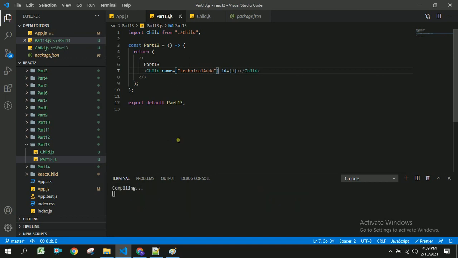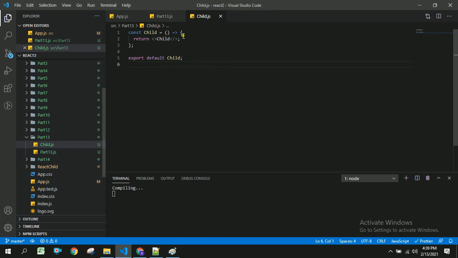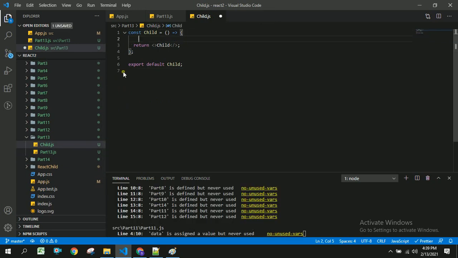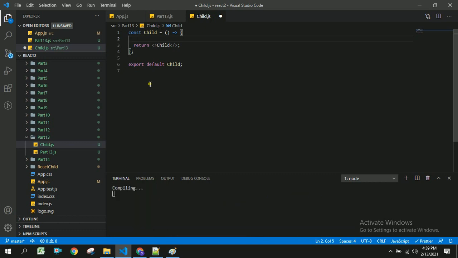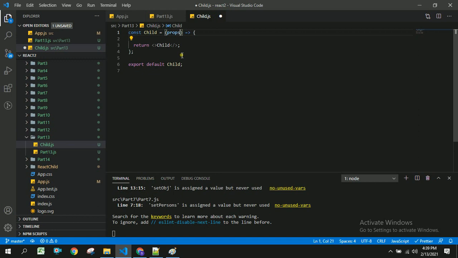Now let's go to the Child component. First we have to see how to destructure the props in a component. So const name, id equal to props.